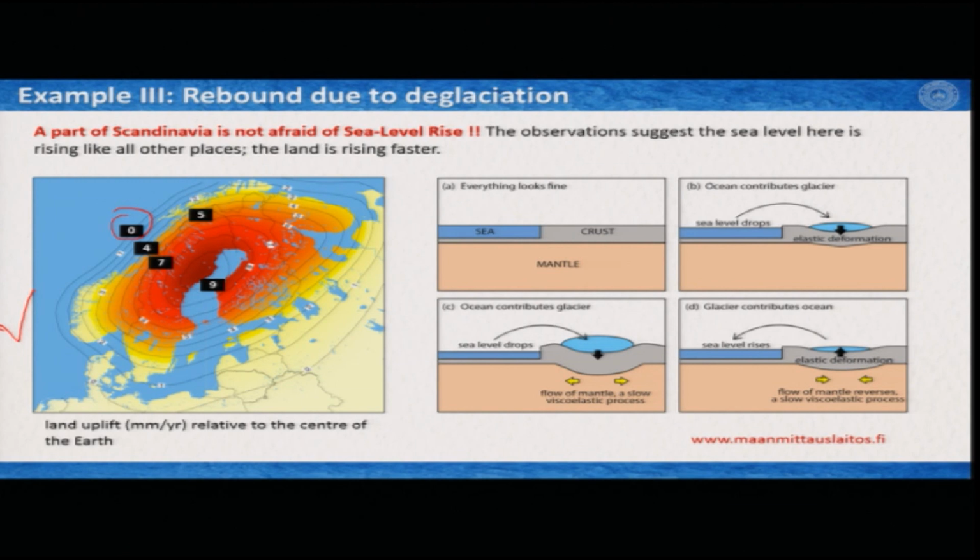So, these 4 diagrams very simply describe how this can happen. When we have a very standard setting, we have sea, we have crust, and below that we have mantle. You can consider this part your thick continental crust, you have thin oceanic crust, above which you have the sea, and then below you have mantle. Everything is at rest and everything is in peace. But earth is a dynamic system, so probably during some sort of cooling time, the sea level dropped because it contributed to the formation of glacier in this